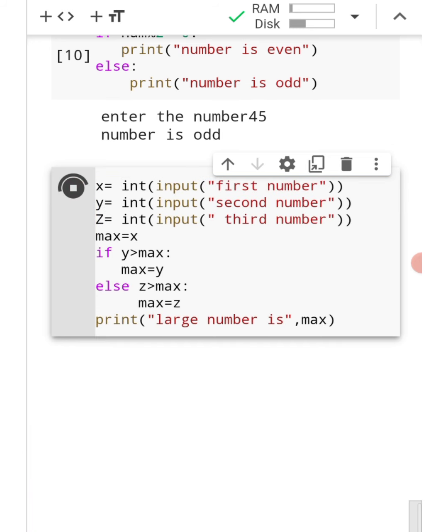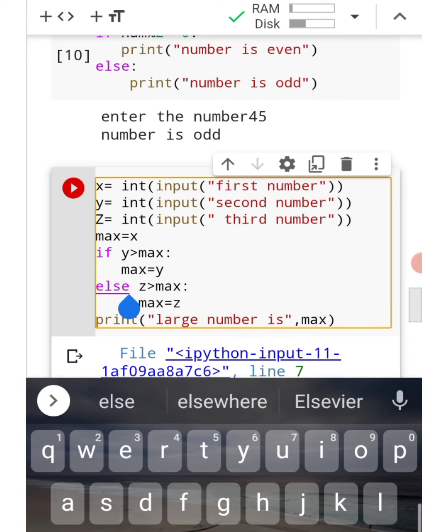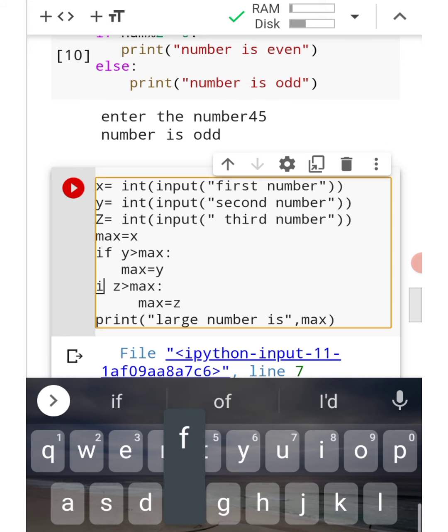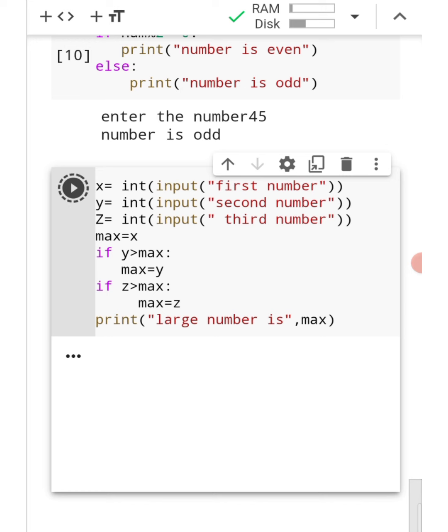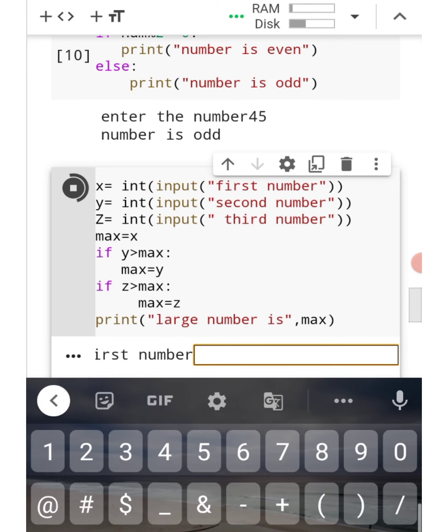Just run this. Okay, by the way, this has to be if only, because we have to follow both conditions. It cannot be else because we have to follow both the conditions, so it's giving the error.